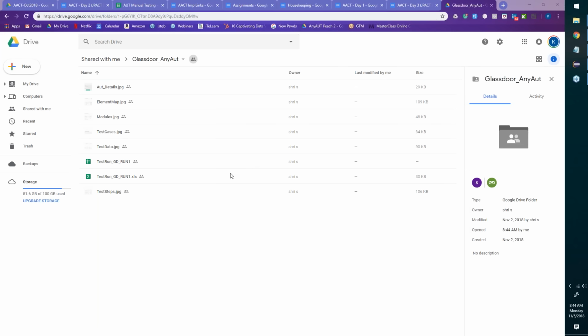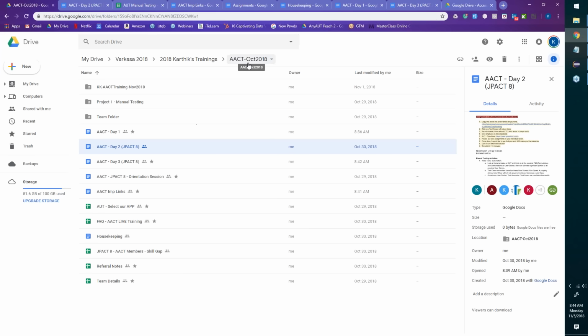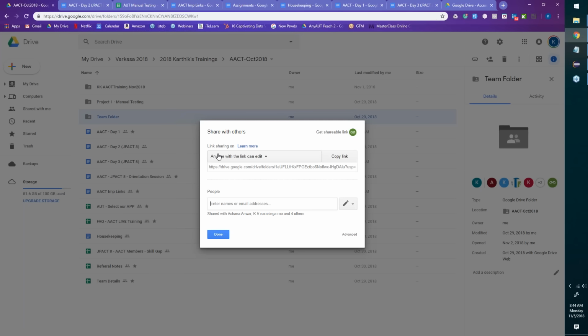You need to see, why are you not able to share a folder with me? It is so simple. Look at the screen, all of you, and then share it with me. Let us say I want to share this entire team folder with you all. I will right click on it and say share. And in this share, there are only three options. They can see or they cannot. Or they don't have access. I just want view access. Copy that link, put it in the chat, send it. Okay, team, I cannot do spoon feeding for small steps. And we're working in a very, very fast environment. So please make sure you're giving me the right details.